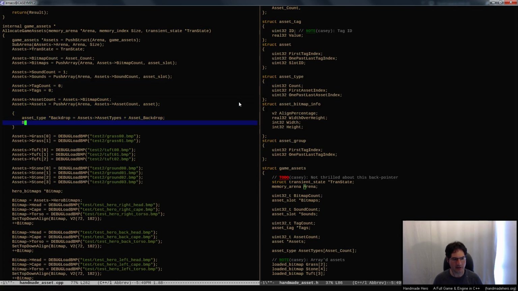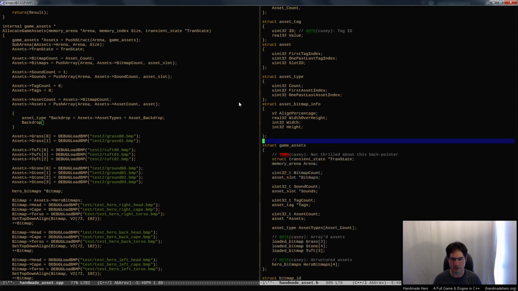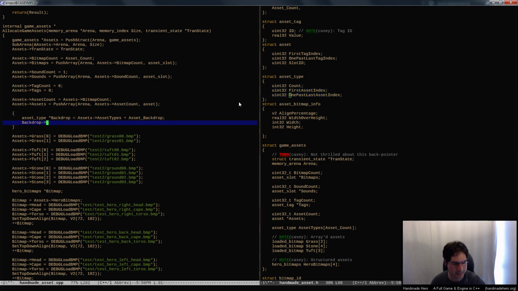So when we grab a backdrop, the backdrop, right, let's get rid of this. The asset type here, it says how many there are, and where the first one is and where the one past last one is, right? So if I have a backdrop,